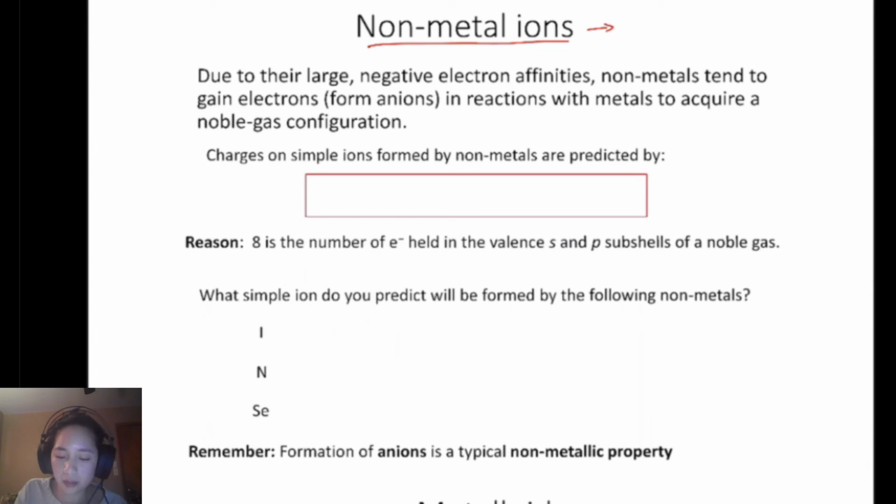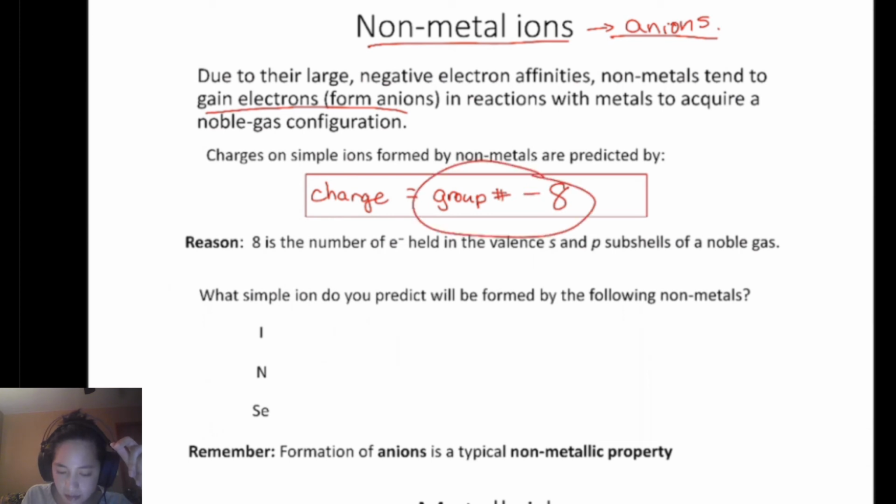When you're making an ion with a nonmetal, because those electron affinities are high, nonmetals will tend to produce anions. Nonmetals tend to gain electrons or form ions in reactions with metals to get that noble gas configuration. Remember, nonmetals are on the right side of the periodic table, so they're more likely to gain electrons to get that noble gas configuration. So when you see nonmetal ions, we kind of already talked about this. The charge on a simple, single-element nonmetal ion is predicted to be equal to its group number